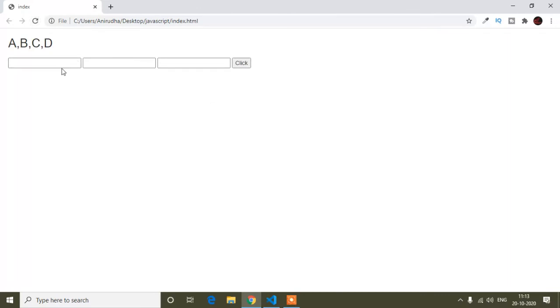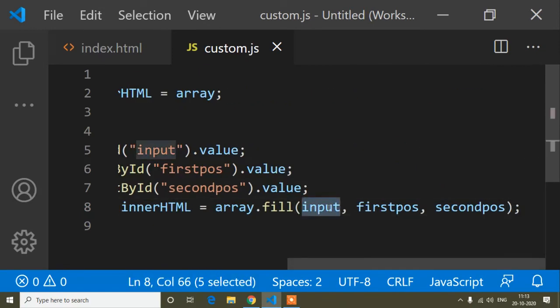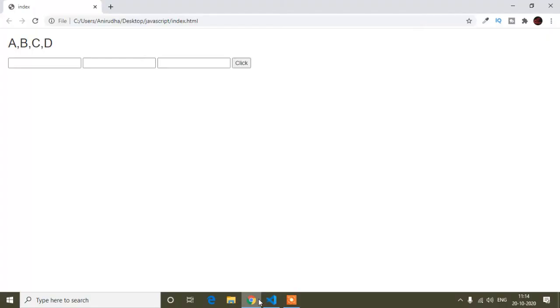Here you can see three inputs. The first input means the position which I want to fill, where it will be filled, and the second input is where it will not be filled. So in the first input I will put some value which I want to fill, like I want to fill my channel name, creative developer.